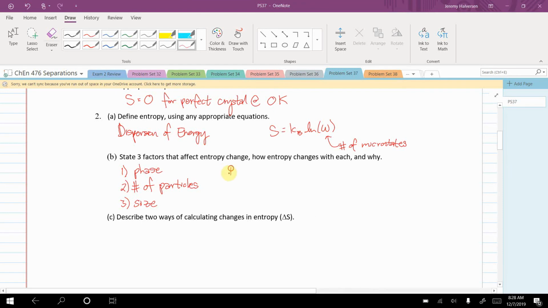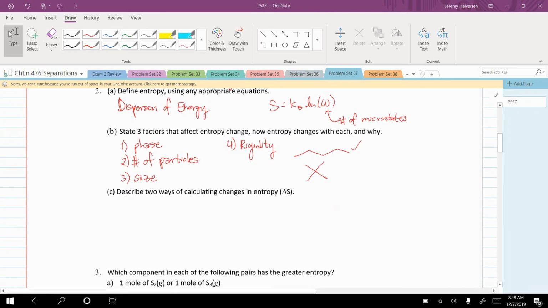And then there's a 4th one that was talked about in class, called rigidity. Basically, if you had like 2 isomers, these are both C5H12, okay, but this one could flip around and manipulate itself in different ways more than this one could, because this one, the way it's bonded, is more rigid. So this would have greater entropy because it's less rigid.